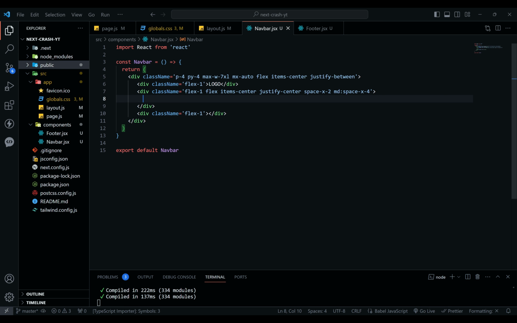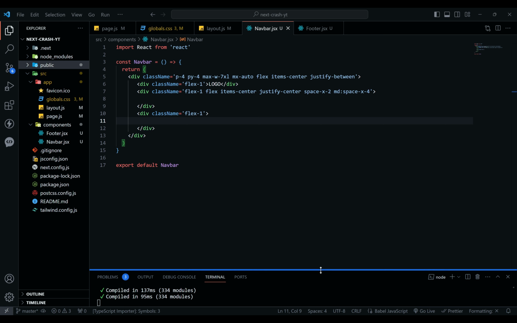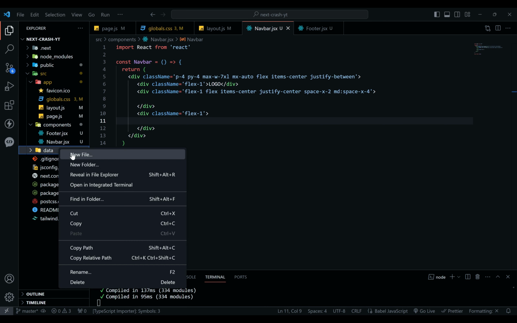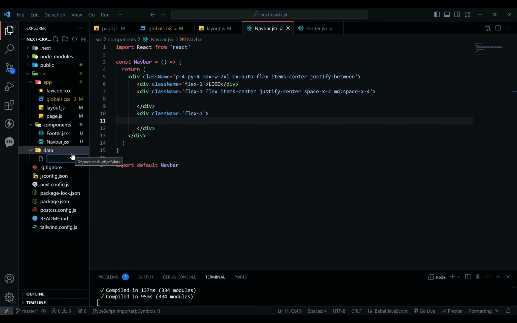Inside this, all the nav links should be there. And inside this div, the theme changing button should be there. So let's create a new folder inside the source data folder, and inside this, let's write data.js